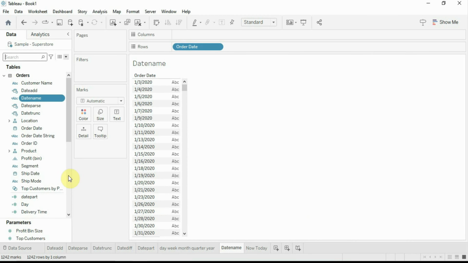Two more useful date functions are now and today. Now function returns the current local system date and time. At the time of recording this video, it is showing my current date and time. And today function returns the current local system date.